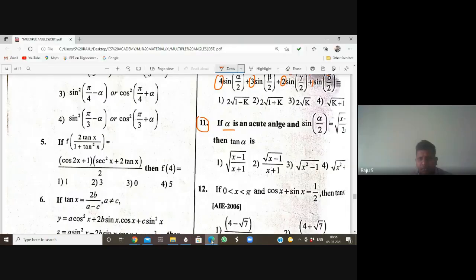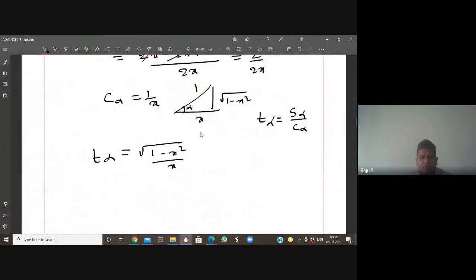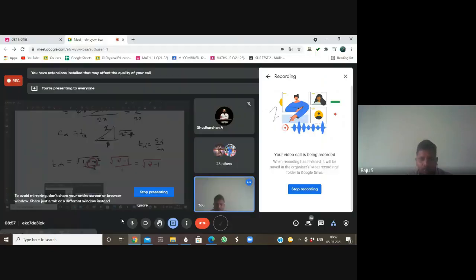Is there any option? No option. Okay, what is cos here? This is 1, this is x. Yes or no? The opposite side is root of x square minus 1. Is that right? Yes, because cos is nothing but adjacent by hypotenuse. Adjacent is 1, hypotenuse is x. So this is clearly root of x square minus 1 by 1, opposite by adjacent, that is nothing but root of x square minus 1. Okay, students, we'll wind up the